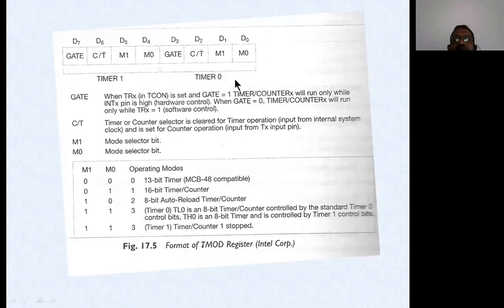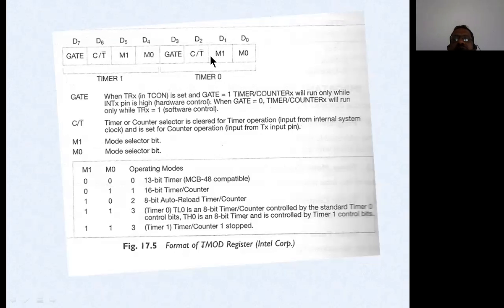One is for timer 0, and the other 4 bits are for timer 1 applications. The same 4 bits are simply repeated here in the higher order bits.